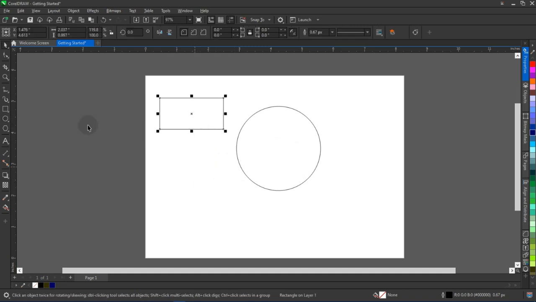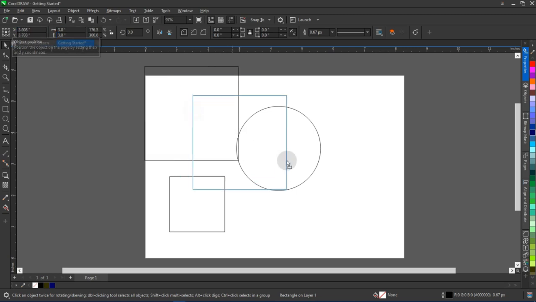And to draw a square, same thing. Just select the rectangle tool and hold your Control key and drag. Can you see? This is perfect. Can you see the dimension? It's 1.671. And if you don't want to do that, you can always use the property bar. You can always click on this and change the size there. Let me change it to something like 3 by 3. It will give you a perfect